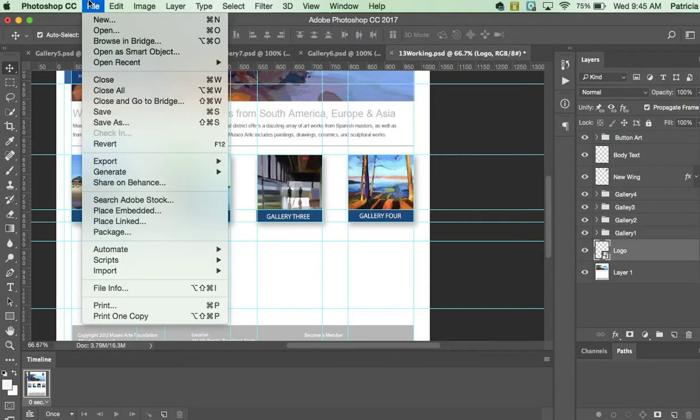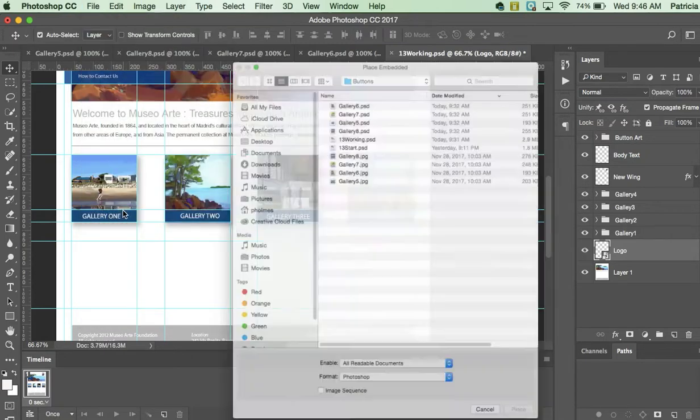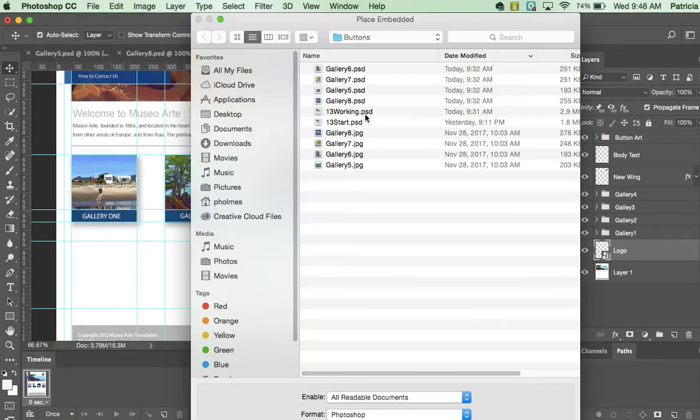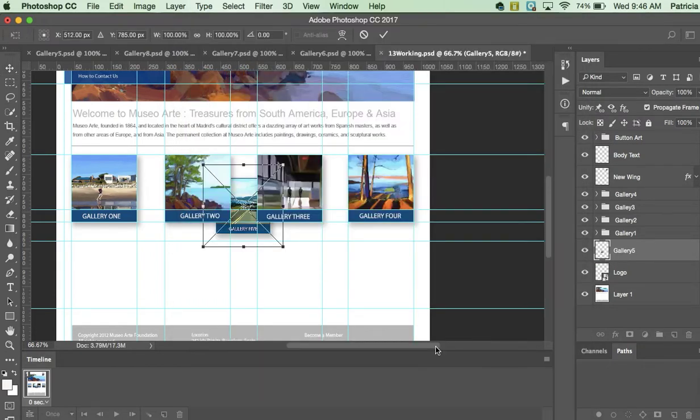And then what we're going to do is go File, and we're going to go Place Embedded. So here's the option you're looking for, Place Embedded. Click it, and it's going to take us to our button panel. So all that automating we did, our images became PSD files. So click 5, which is our next one. Click the very bottom button that says Place, and you'll see that it embedded it in our web page, but